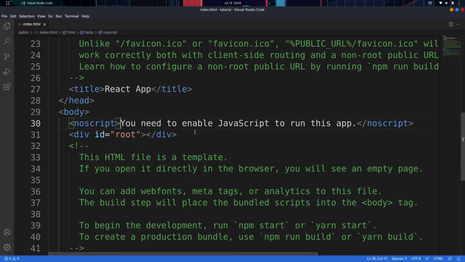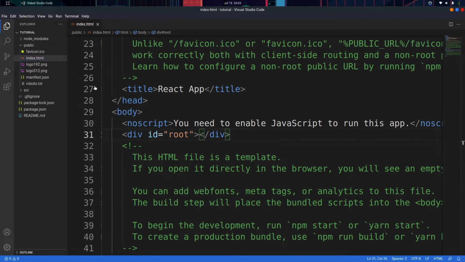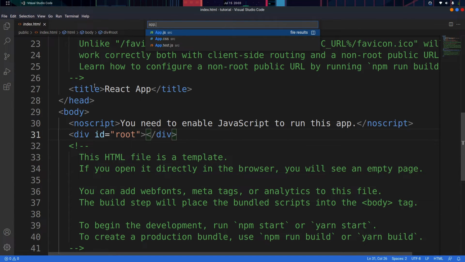You can edit this obviously with CSS, you can add JavaScript. Obviously JavaScript is not going to run, but still here you can add more things. But look at this, div id equals root. This is the root of our application. So if I go right into the app.js, sorry, index.js. Okay, so